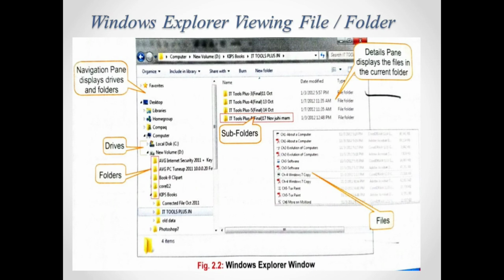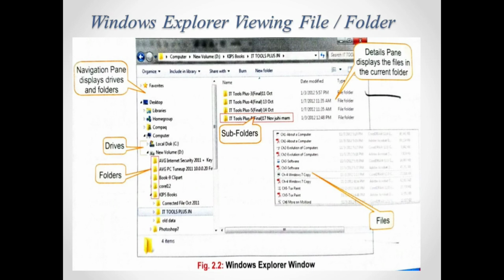As I told you in my previous slide, a drive is nothing but the location of division of the folders, where you segregate and store your files. It's called the local disk drive, C, D, E. Next we come to the navigation pane.